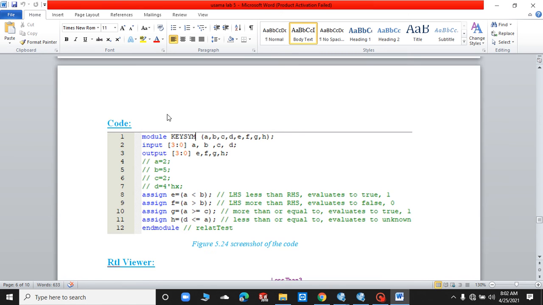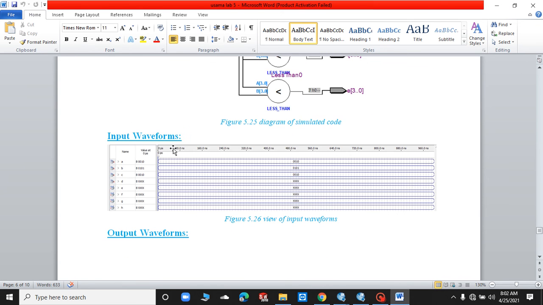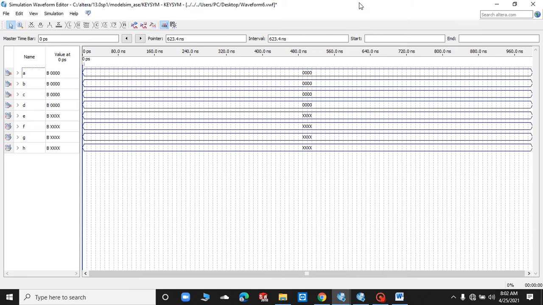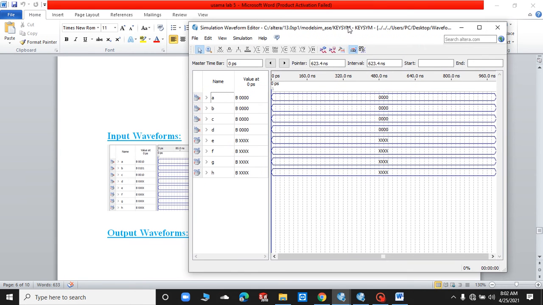Let me just clear it somehow. You can see that A is 0010, 01001, and B and D. So let me just assign the values to these simulations. These simulations will be same as these input variables.